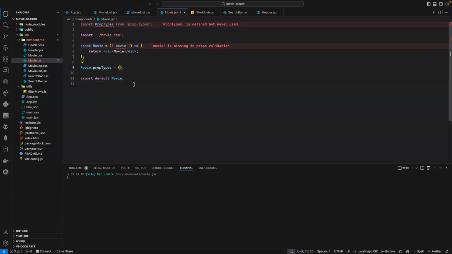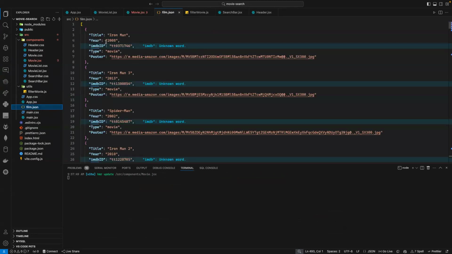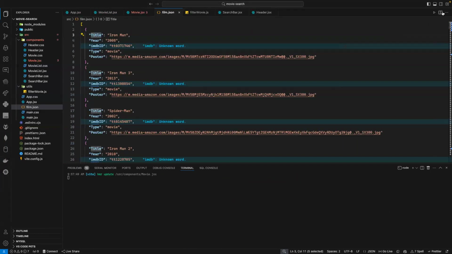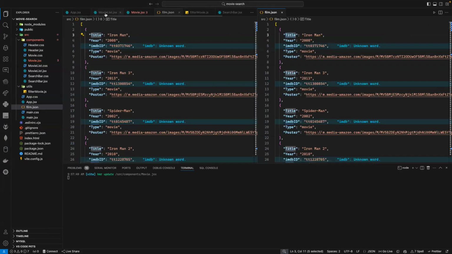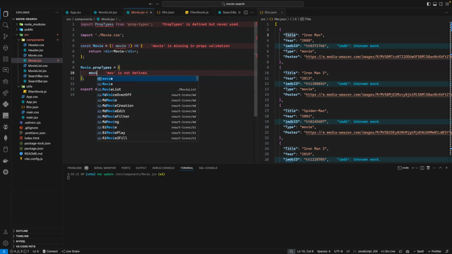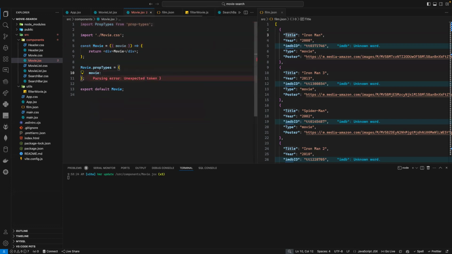And of course, now I need to add my prop. So here, movie will be an object with different properties. What were the different properties? So I will have title, I will have year, I will have type, and this one I don't care about them, but poster I do care about them. So here, let me put this one here so I can see the properties. And let's go to my movie, and of course, I will have movie, and here I can just say PropTypes